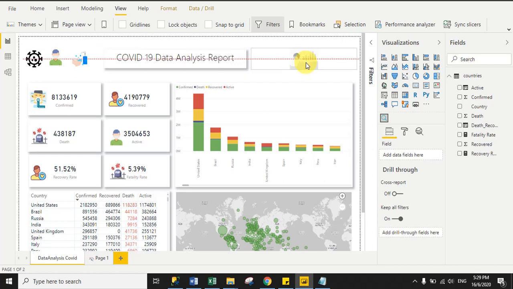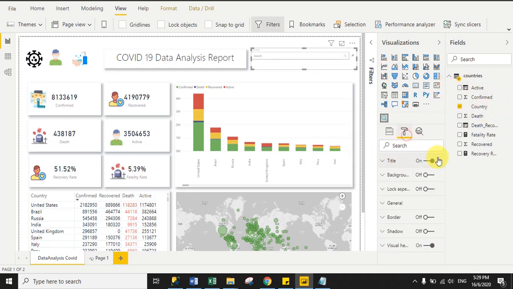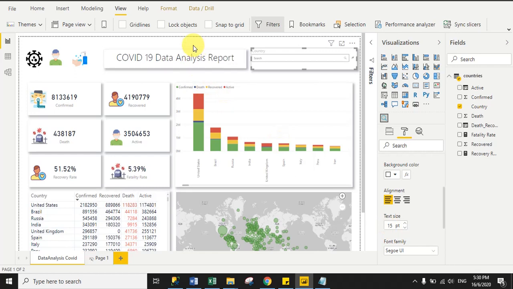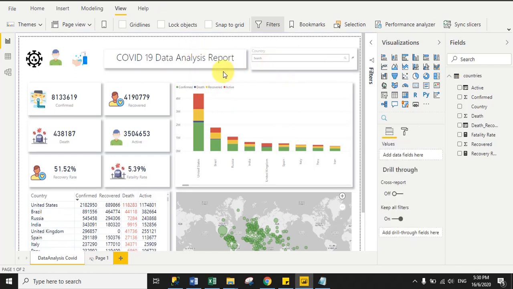and set the text filter where you want to place. And on the basis of country name I want to filter my data set. So just drag the country column here and enable the shadow for text filter and disable the title. So I turn off the title and increase the, no, just enable the title and increase the font size. So I increase the font size 12 pixel, make it 15 pixel. Fine. Okay, now I will show you the demo.